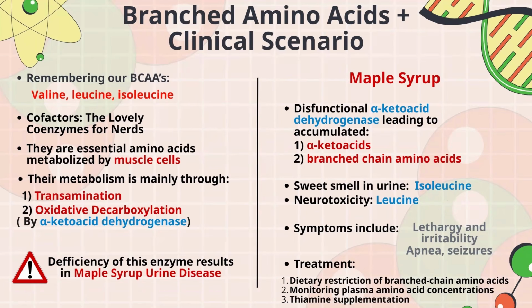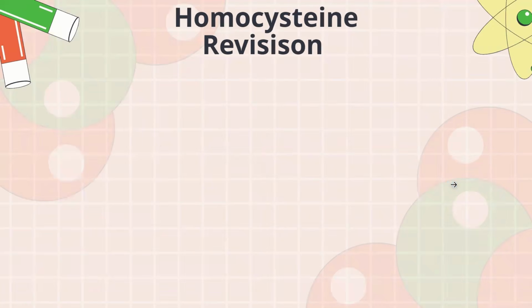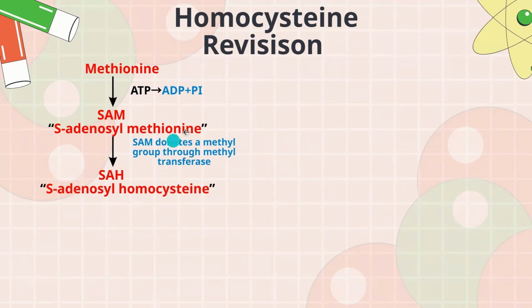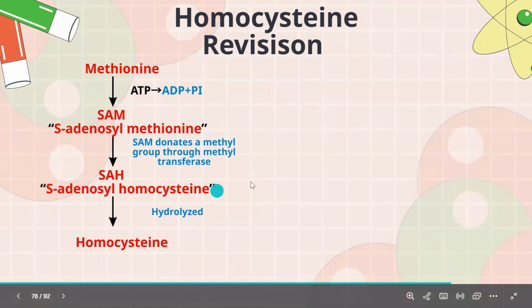Okay. Now, let's talk about homocysteine and revise it, okay? I'm doing this because this is very important. So we have methionine, SAM, this is with ATP. SAM is then eventually going to form SAH, S-adenosyl homocysteine, by donating a methyl group to a methyltransferase. And it's also the methionine transferase here that donates it for SAM, right? Apart from that, SAH is going to form homocysteine and adenosine by hydrolyzing it, but homocysteine is our main focus here.